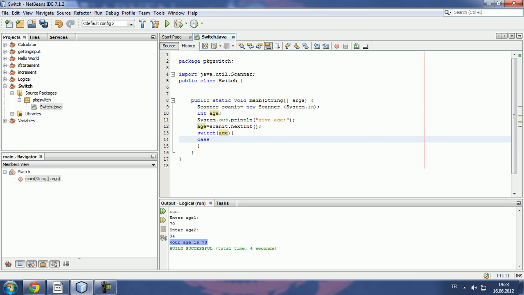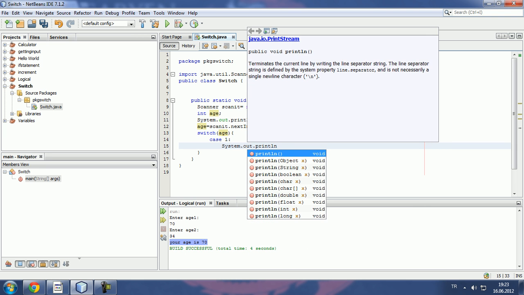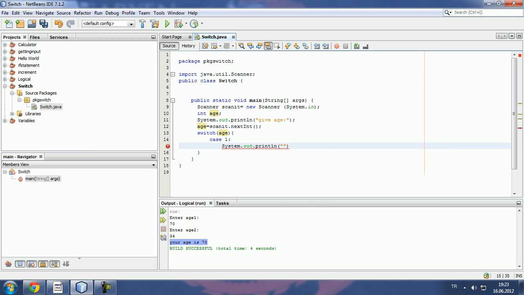we just write cases. If case 1, that means if the value of the age is 1, do this. For example, System.out.println, you're just a baby. Anyway, how can a baby use the computer? I don't know. Anyway, so for example case 50